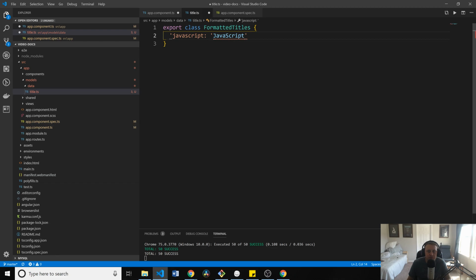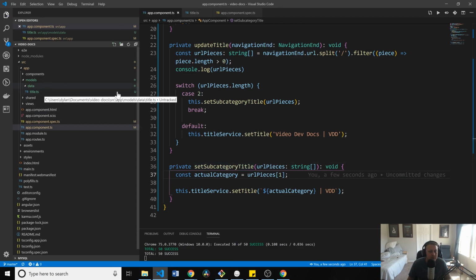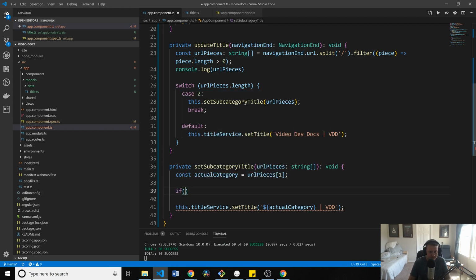The reason we have to do JavaScript is because of this very specific S, like HTML, CSS, it doesn't matter. But that very specific S in JavaScript is really going to jack us up. So what we can do, and this may come in handy later, is now that we've done that, we can say if actual category is equal to JavaScript,